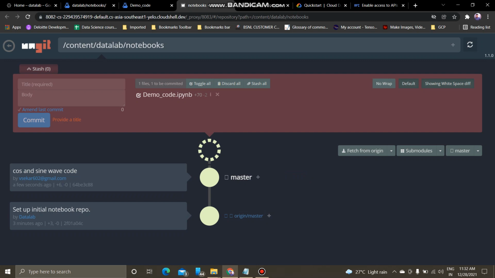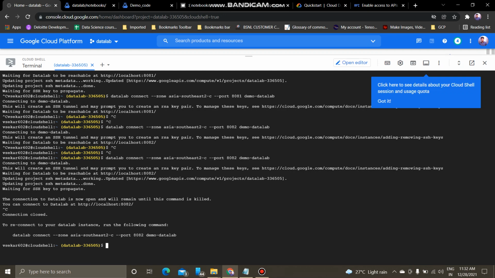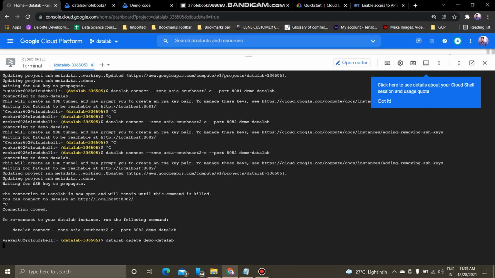That's it. Once this is done, you can come out of it, and you can stop this instance by pressing Ctrl+C. Then you can delete the Data Lab instance which you created, demo_datalab. You can cross-check that in Disks as well.